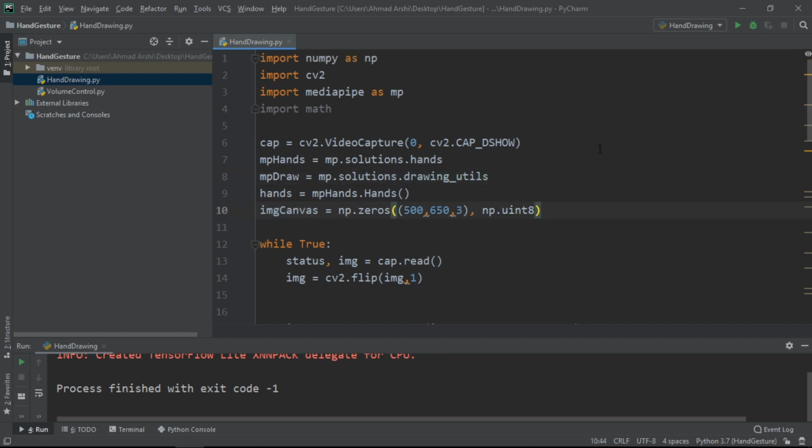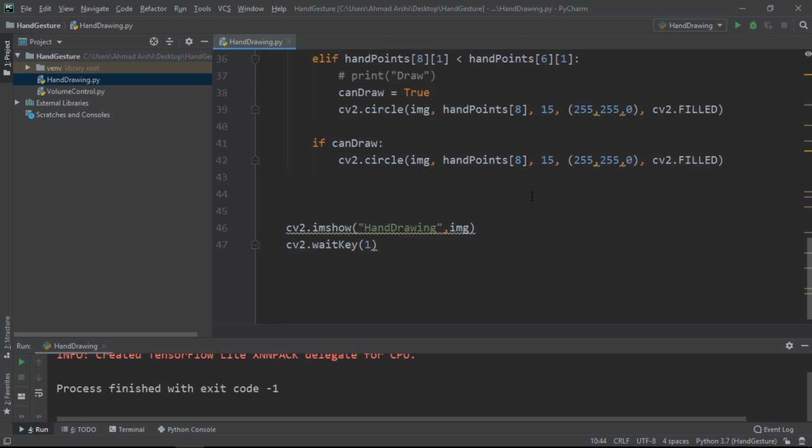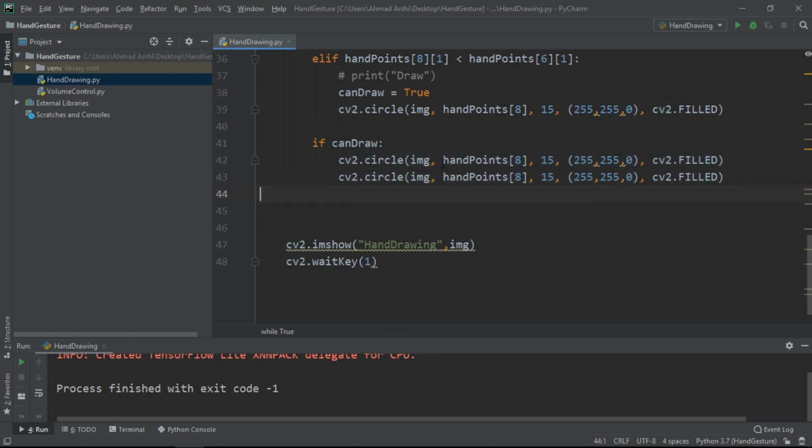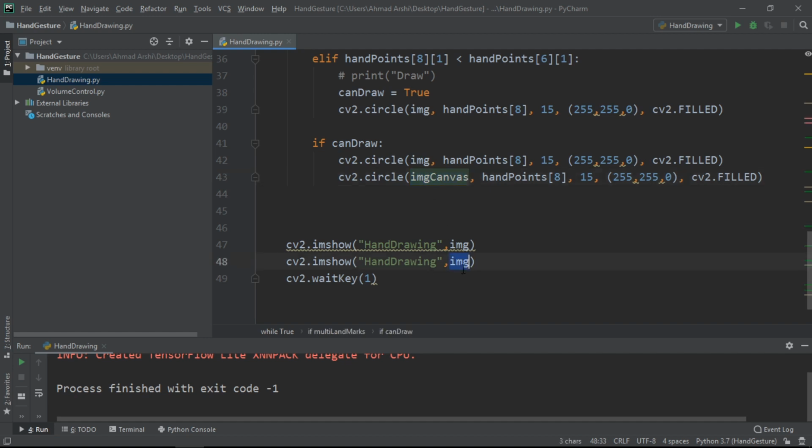After creating the image canvas, we have to go here, and instead of only drawing on this image, we will draw on this canvas as well. The same thing, and the only difference would be the canvas. Now there will be two pop-ups if we run that: the first one will be the actual image and the second one will be this canvas on which we are drawing. So let's give it a look. I want to draw not only on the image, but on the image canvas as well. Now if we run that,